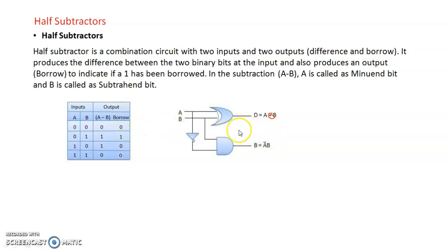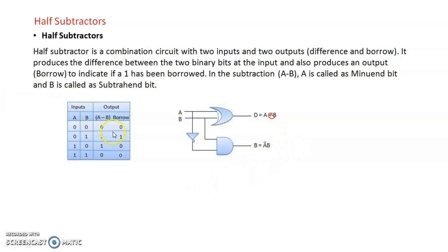So we got here A XOR B. So you write here the XOR symbol is used here. A and B are the input symbols and this difference is the output variable and after that what is the borrow? Borrow is A bar B. So inverted input is taken from A, so that's why we use here NOT gate, that inverted input is given to the AND gate and again B input is given to this AND gate, so the borrow expression is A bar B, so that's why input is taken from A and B, so A bar B you will get the final expression. So this is the circuit diagram for half subtractor.